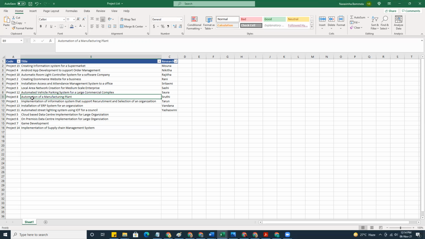It has some kind of machines running in the organization. We want to turn machines on and off automatically. We want to create some kind of system that automatically moves material and processes complete manufacturing activities within the plant.